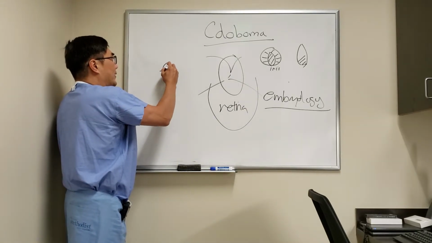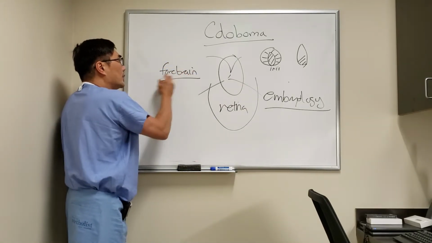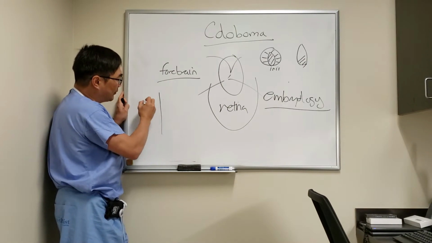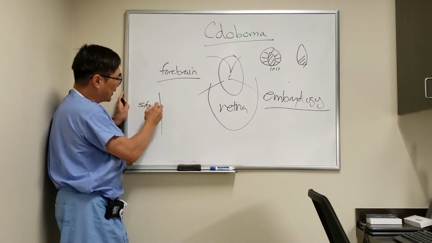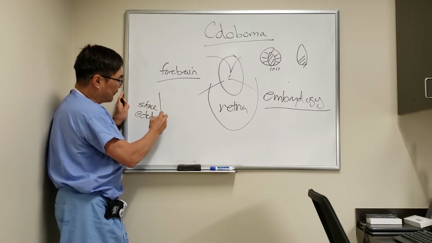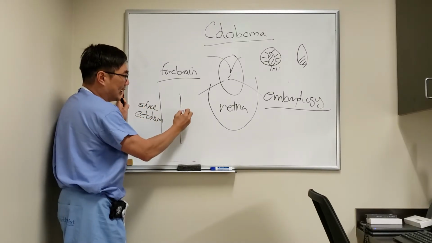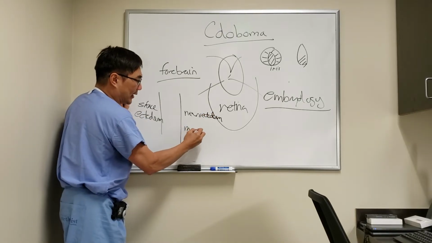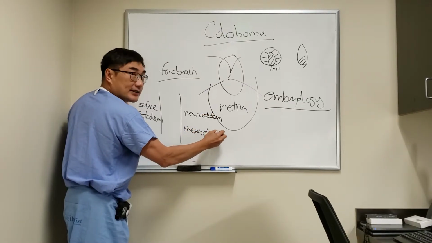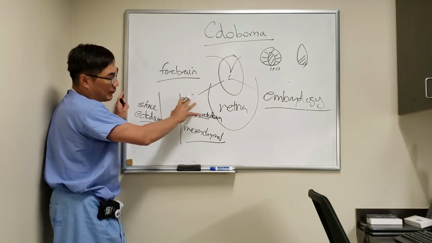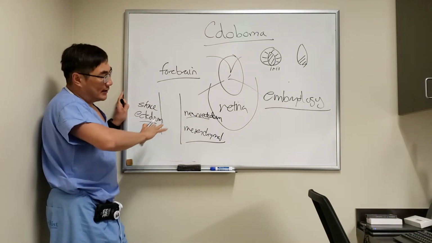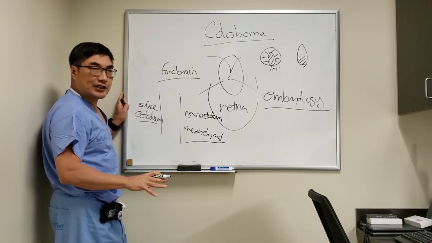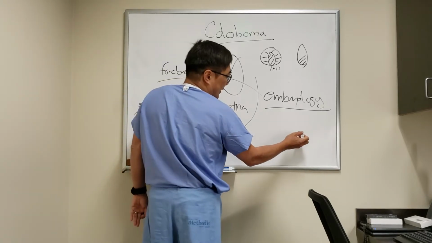Basically, when we have the primitive forebrain, which is going to become the optic nerve and the eye, we have two pieces. In the anterior portion, that's the surface ectoderm, which is going to form the front of the eye. And in the back of the eye, the neuro-ectoderm. And then we have mesenchymal elements that are going to be the blood vessels. So these three embryologic tissues are going to interact somewhere in the 6th or so week of gestational age. And the first thing that happens is